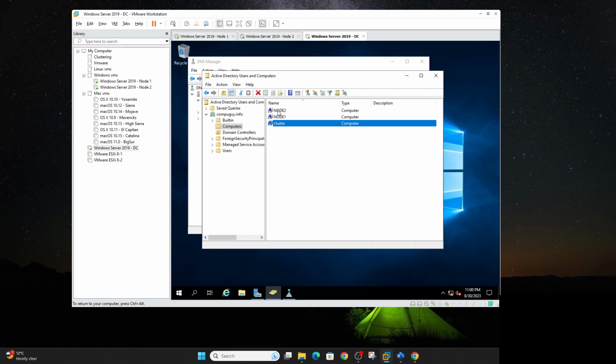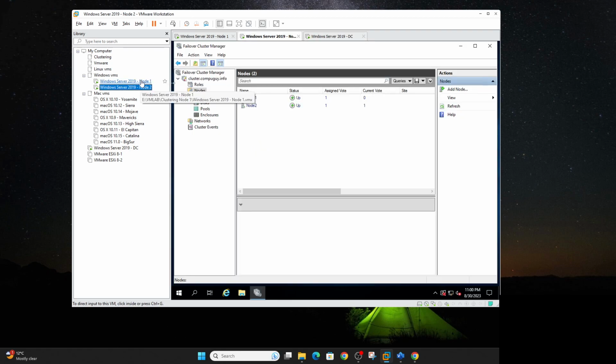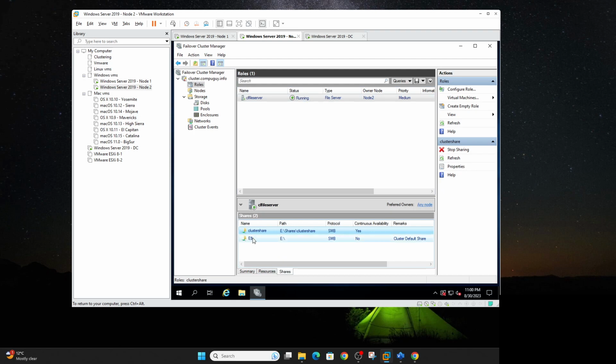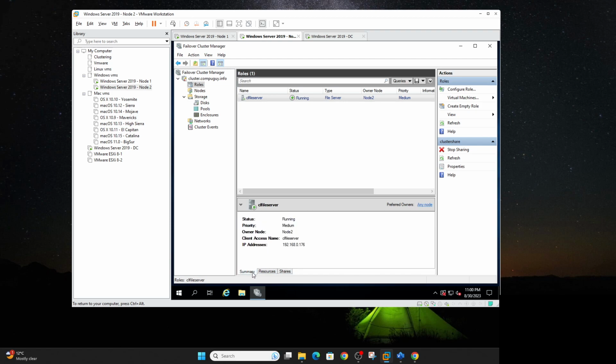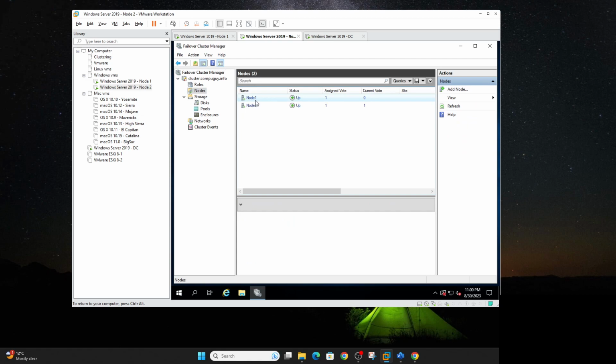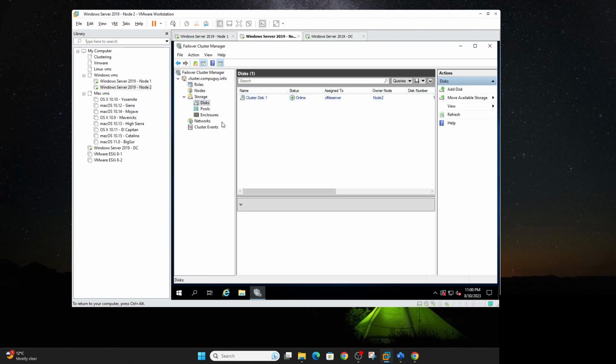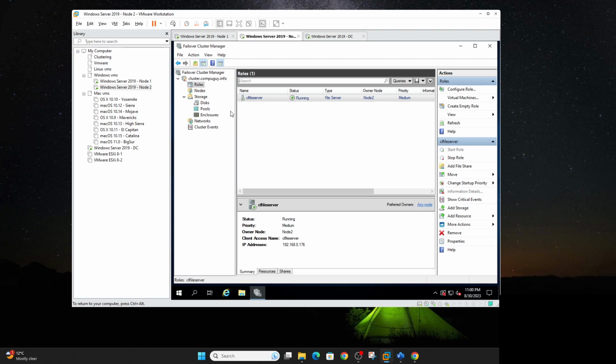Now you could do an active-active as well, but this video was just to make a very simple file share cluster. As you see here, we created a role, a file server role. We created a share. It has a default $ share, but we created a share to use, and everybody can get to that share. That's how you do it. And again, the whole process behind making sure the nodes are up is what you need to do. They're both up, but which one is active? You just look here. Node owner, the disk, should always be the same one. So that's how you do a file share cluster using Windows